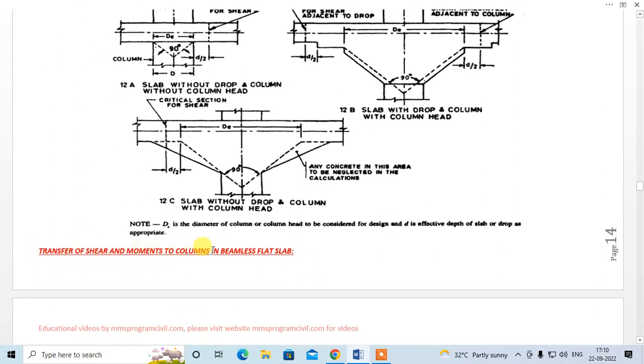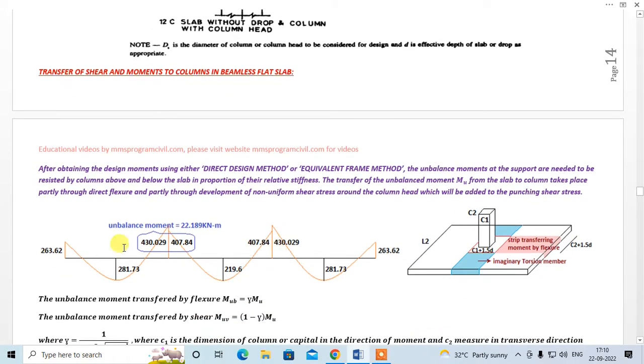Transfer of shear and moment to the continuous beamless flat slab, right? Okay, after obtaining the design moment using either direct design method or the equivalent frame method, the unbalanced moment at the support needs to be resisted by the column above and below the slab in proportion to their relative stiffness, right? So this is our panel. Okay, we have a column over here, we have a column over here,